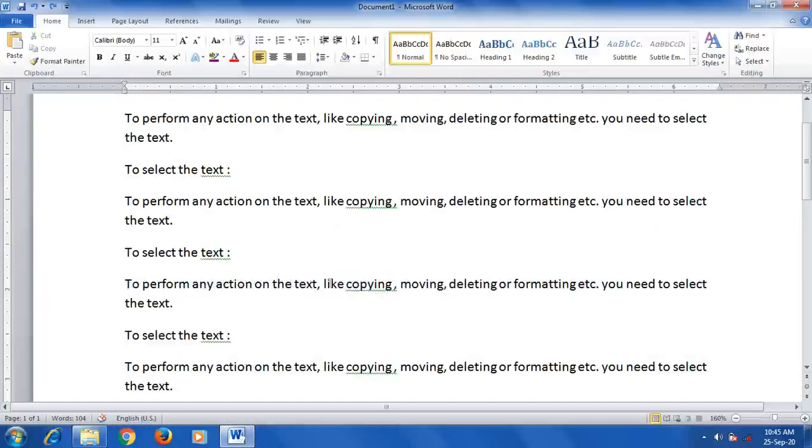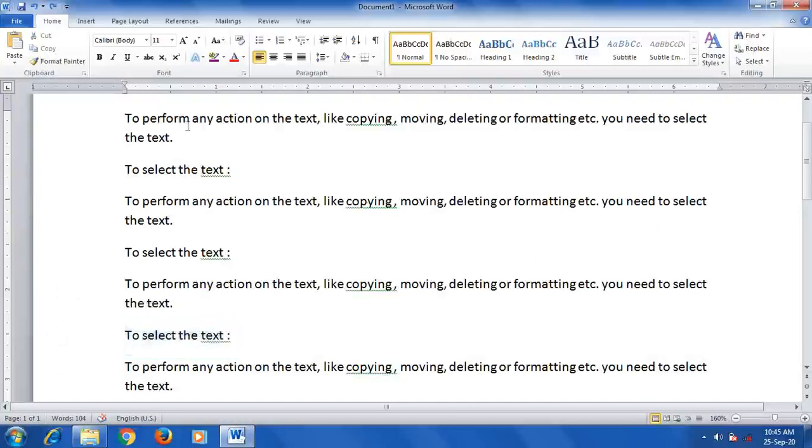If you want to select one full line, in that case take the mouse pointer to the left margin area and click it. So the entire line gets selected. So this is selecting the line. Now I want to select only this line. Okay, take the mouse pointer to the left margin area. Okay, this empty area is called the left margin area. So in this left margin area, just click it. Only that one full line is going to be selected.